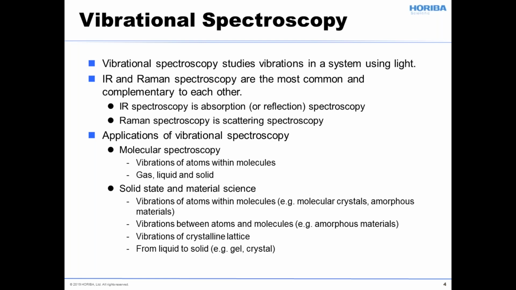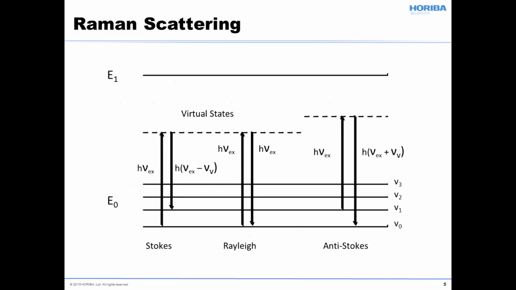Those are frequently referred to as covalent solids, and then there are ionic solids. And of course, you can characterize gels as well. So crystalline, amorphous materials, gels. Raman spectroscopy is particularly useful for studying solid state materials, at least in one respect, because of the ease